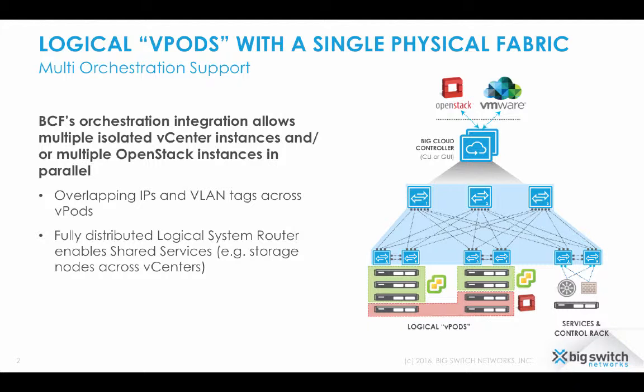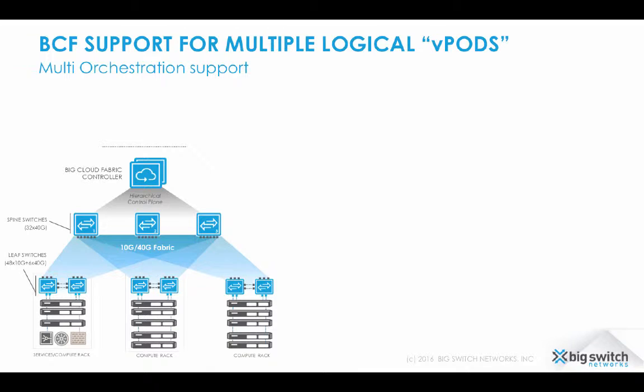This also enables the repurposing of compute node from one vPod to another by just adding that respective node to the new virtual pod cluster. Big Cloud Fabric's host auto discovery and Fabric config automation will take care of adding that node logically to the new virtual pod. In today's demo, I'm going to show Big Cloud Fabric hosting 3 virtual pods on the same